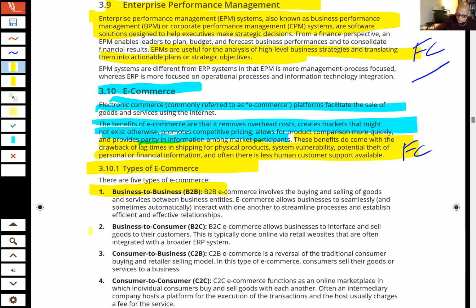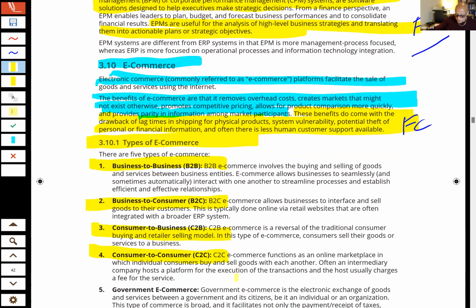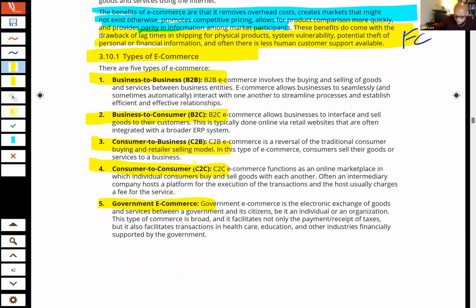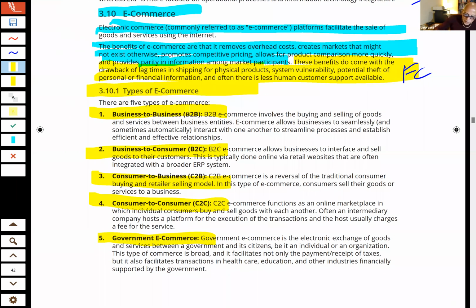But when we start to look at some of these things, types of e-commerce, it's sort of self-explanatory, but let's flashcard at a high level what the specific types of e-commerce are. Okay, and they give us these 5 here on this page. And so let's just go ahead and flashcard at a high level. Okay, but I think it's self-explanatory. Business to business is where one business has e-commerce with another business.